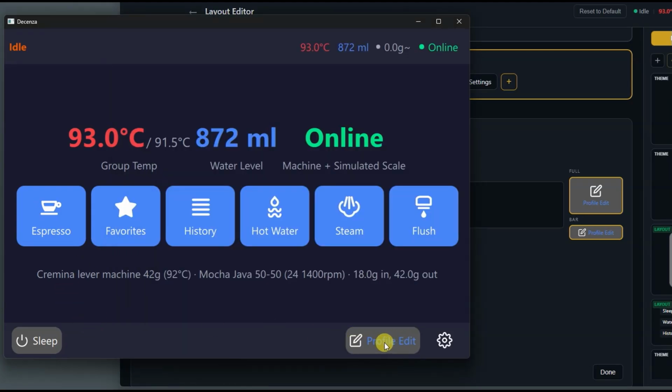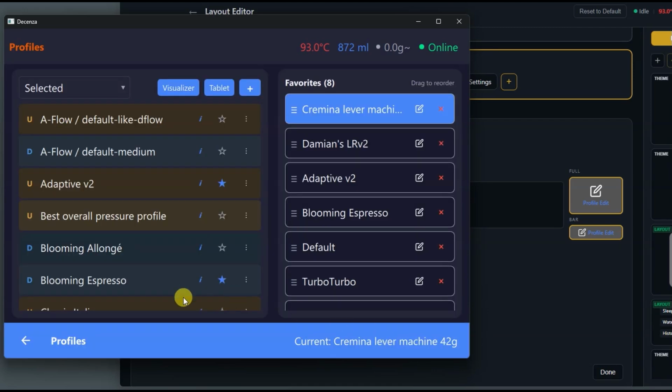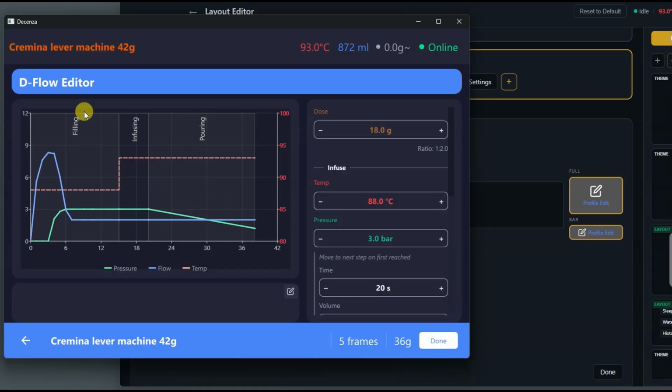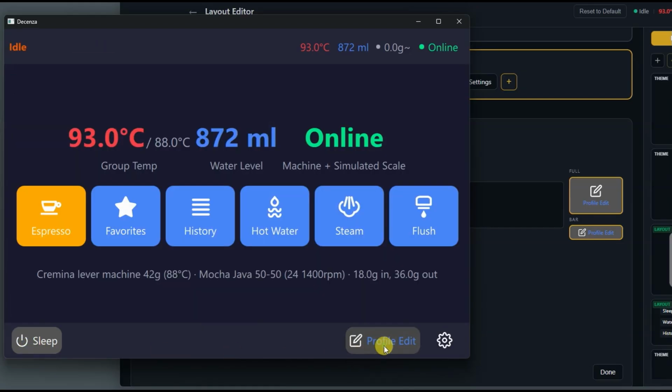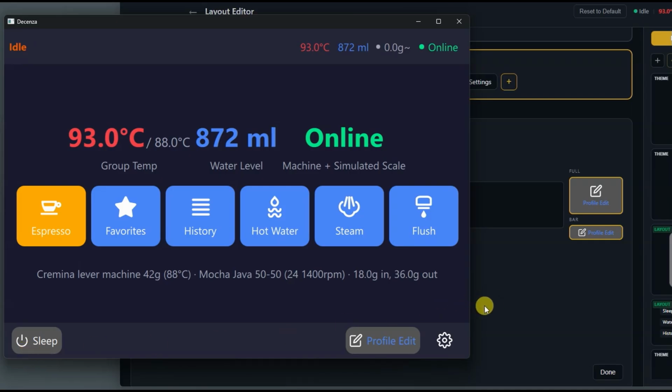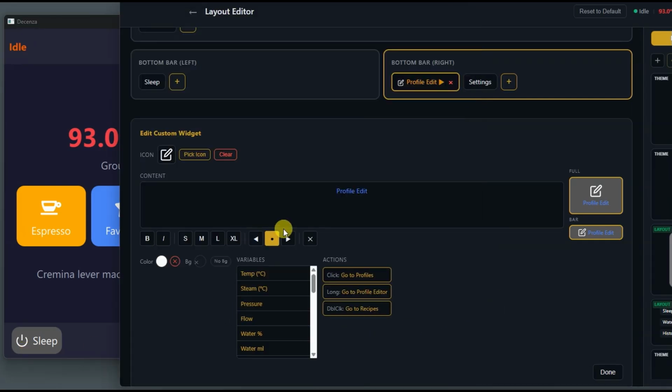There it is. I mentioned to you previously in the video, if I click once, it goes to the list of my profiles. If I double click, it goes to the dflow editor. And if I click and hold, it goes to the advanced editor. So you can create behaviors for custom buttons, and you can choose what you want it to do. So click goes to this, long does this, double click does this, and you can choose from a whole lot of different